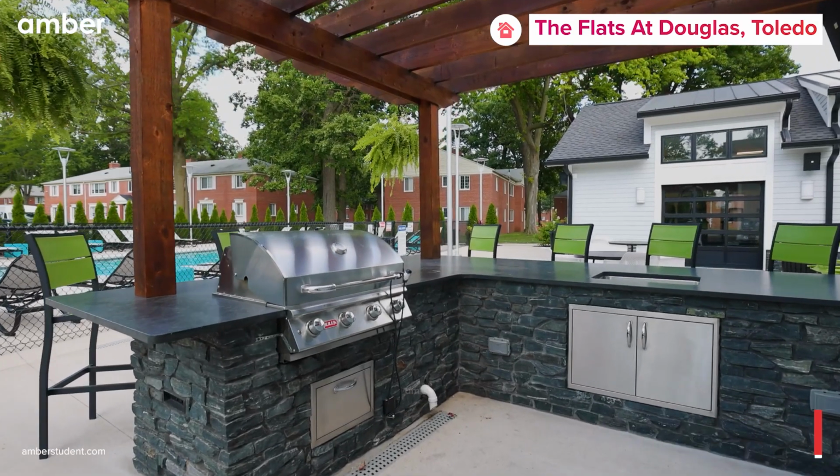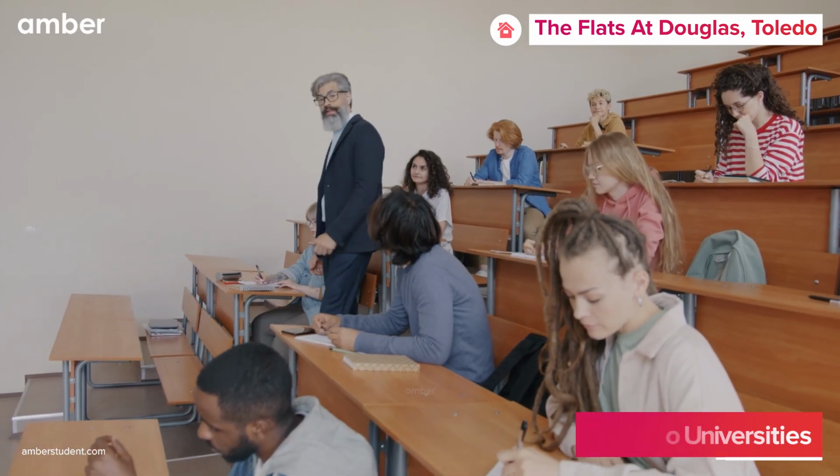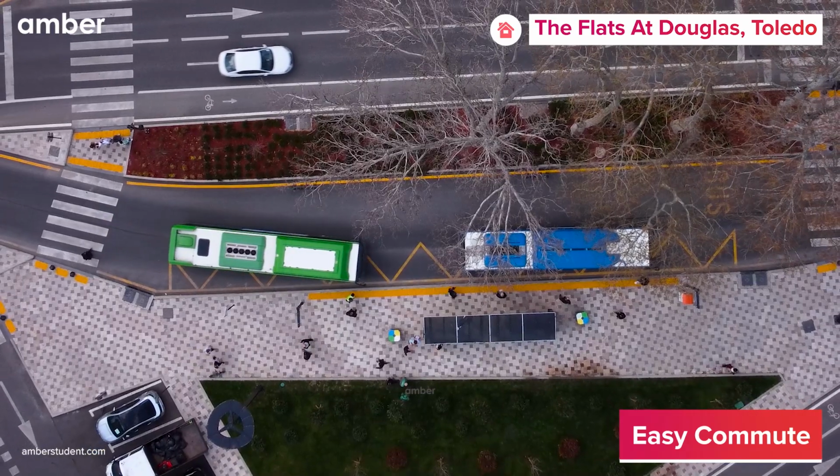the grilling station. With the University of Toledo and Davis University only a short drive away, you'll never be late for class. Explore the city with ease with the buses on Central and Alisdale Southwest or a train at the